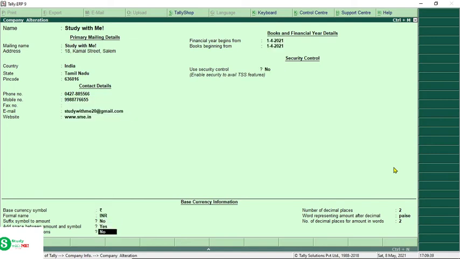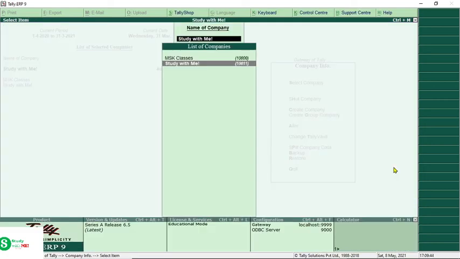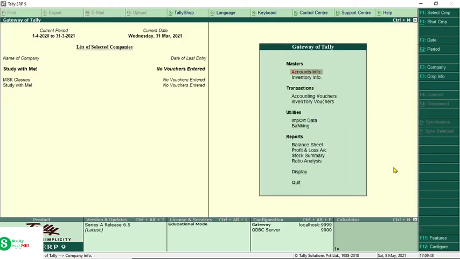Then just press the enter key alone to save your company. Now you have changed your company.